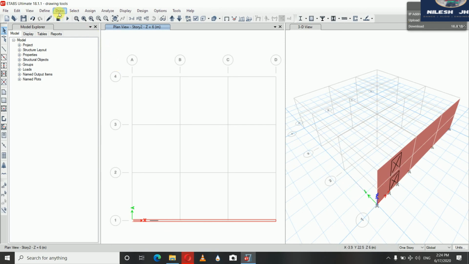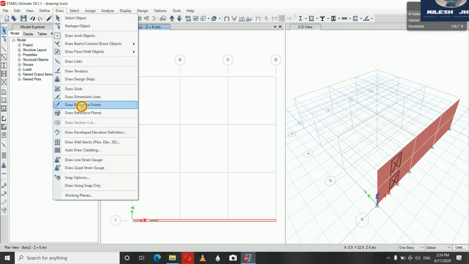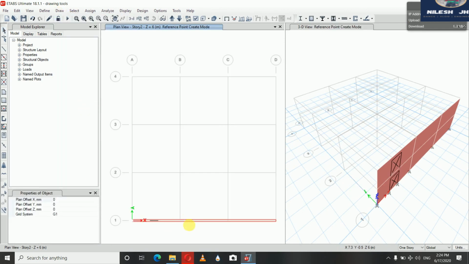Now go to draw reference points and just click here. After clicking here, when you move your cursor, you can see the fine grid. Okay, click at every fine grid. So you have created all the fine grids there. You can see in 3D that you have created your reference points all at 1500 mm.